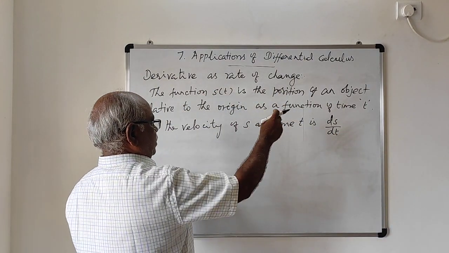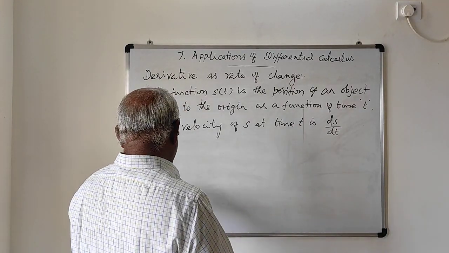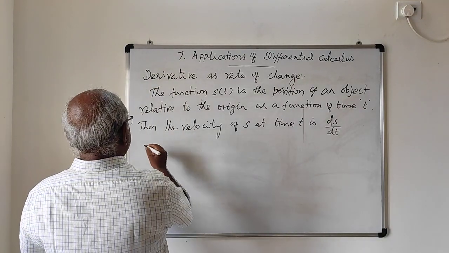Differentiate the distance s with respect to t; ds by dt is the velocity of the particle at time t, and acceleration